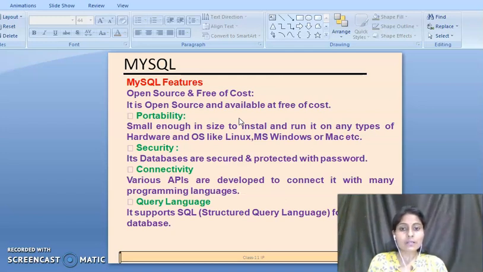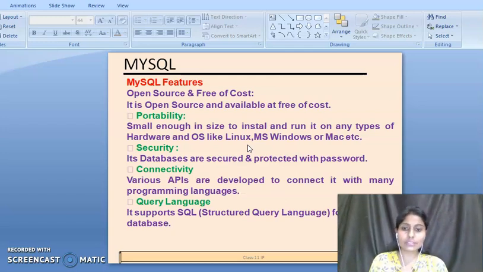Portability: it is small enough in size to install and run on any type of hardware and operating system. MySQL is suitable for different operating systems like Linux, Microsoft Windows or Mac. It is very small in size, so it is very easy to install and run on any type of hardware.